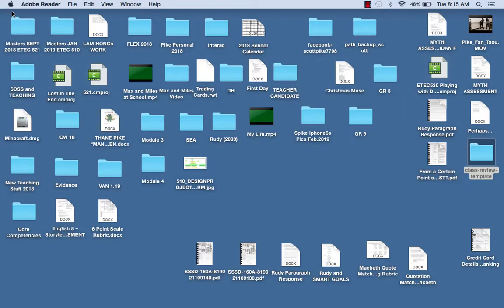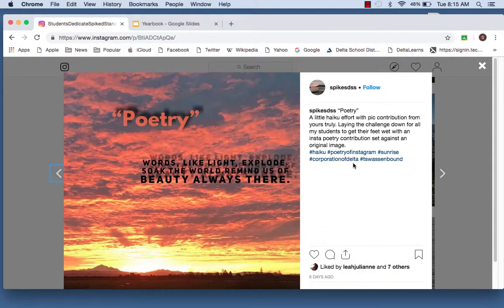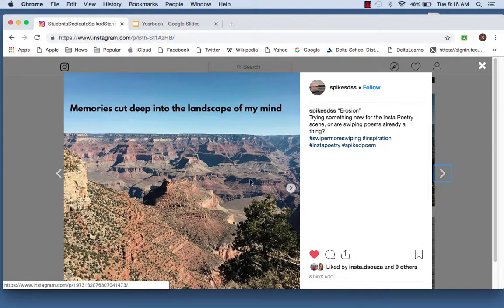The next option would be utilizing some of the technology we were working with in our classes. So when we did the Instagram poetry assignment, I showed you guys how to take an image and layer your poems, your words, on top of that. So you could submit your poems as a collection of Instagram poems like this. The problem with this is that if your poems are too long, it might not fit into one image. However, there is functionality within Instagram that allows you to create and submit multiple images with the possibility of